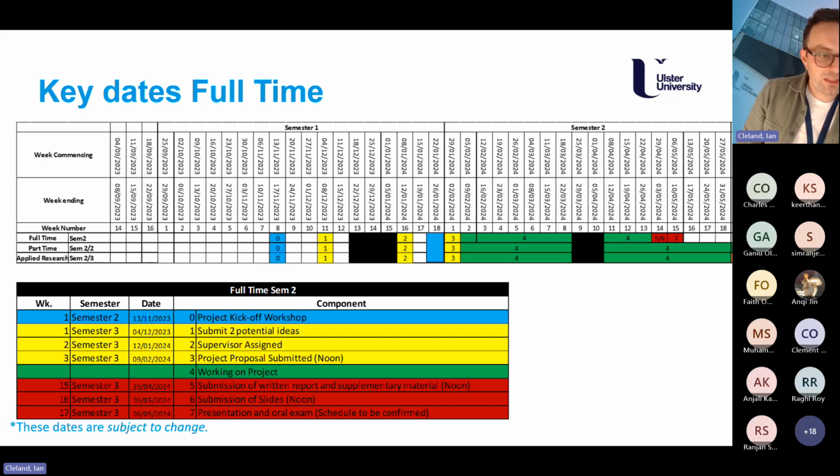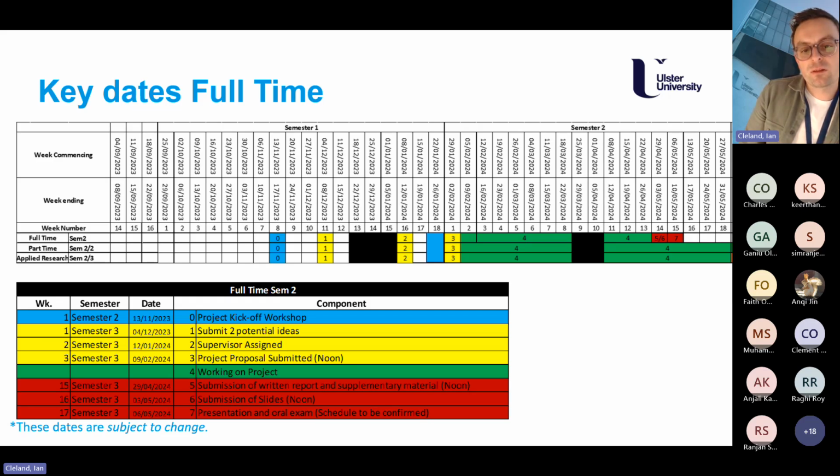You'll see the next important date that we have is the 9th of February, where you'll have to submit your project proposal. So that's why at this stage you should be engaging with your supervisor. You should be working with them to try to understand what it is that you're going to actually do in the project and putting together a plan that's contained in that project proposal. So it's due on the 9th of February, so around here.